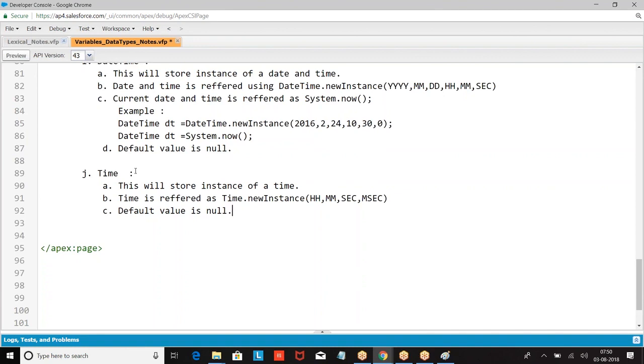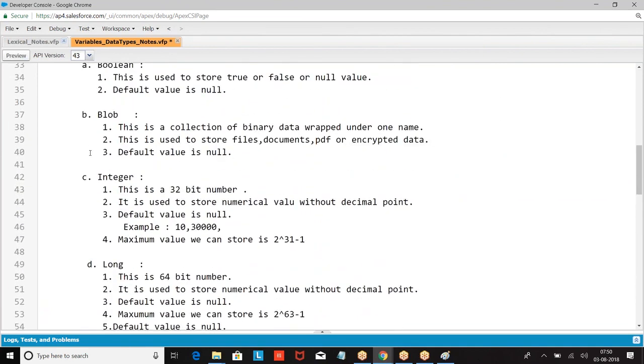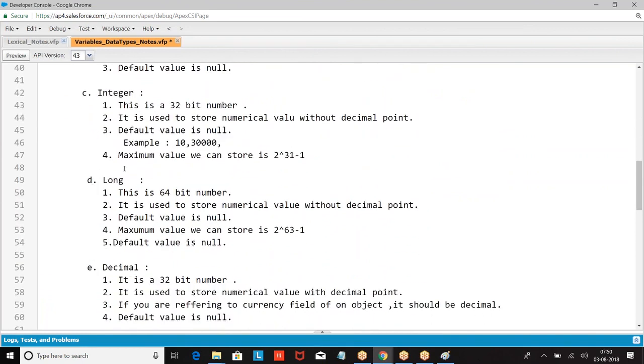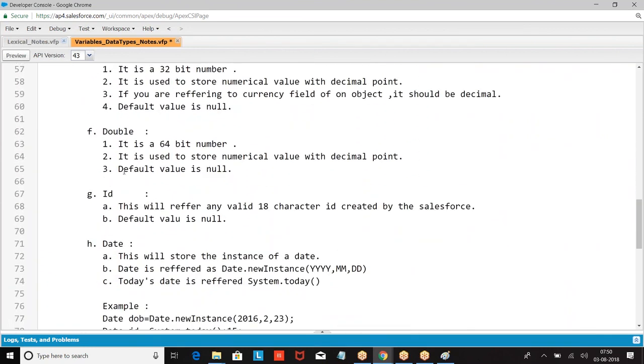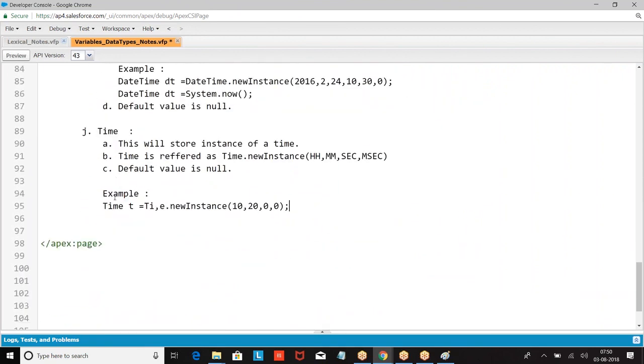Example: Time t equal to Time.newInstance. So what are the data types we have seen now? We have seen boolean, blob, integer, long, decimal, double, id, date, datetime, time.